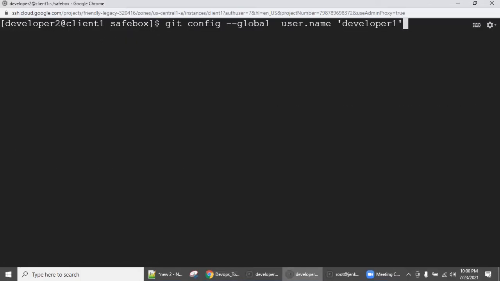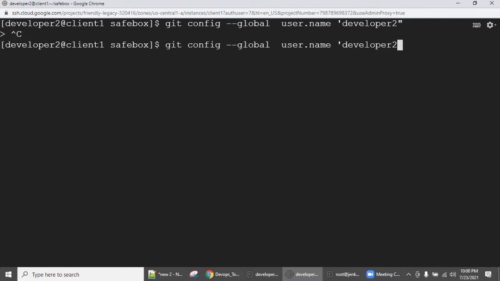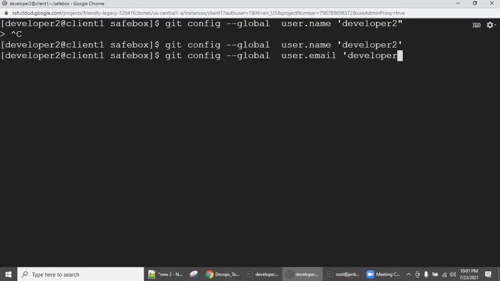So you mention it. The reason is, when you go for git log, you have to identify who did what changes. And then you need to set the email also. What is the email ID? developer2@cloudandloud.com.